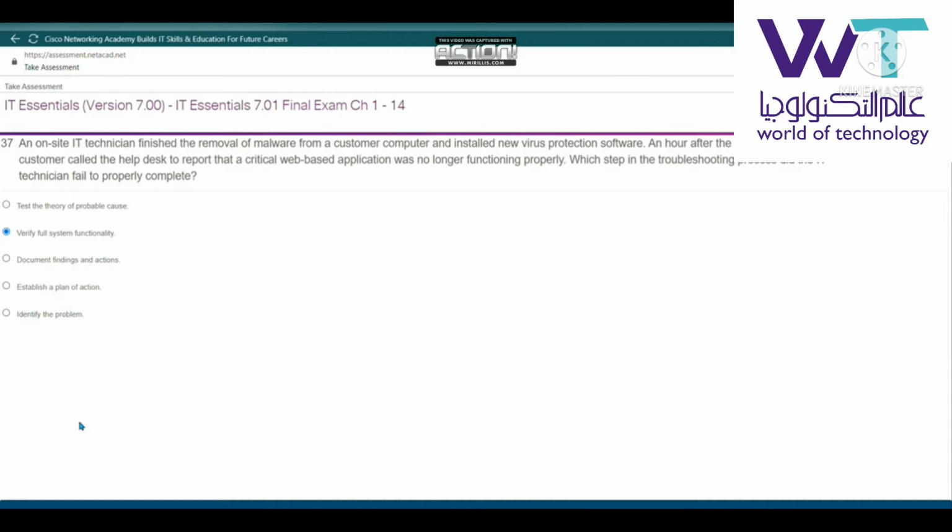An on-site IT technician finished removing malware from a customer computer and installed new virus detection software. An hour after the technician left the site, the customer called the help desk to report that the critical web-based application was no longer functioning properly. Which step in the troubleshooting process did the IT technician fail to properly complete؟ هتبقى verify full system functionality. اللي بعده